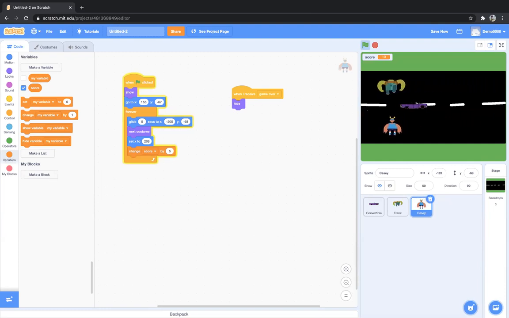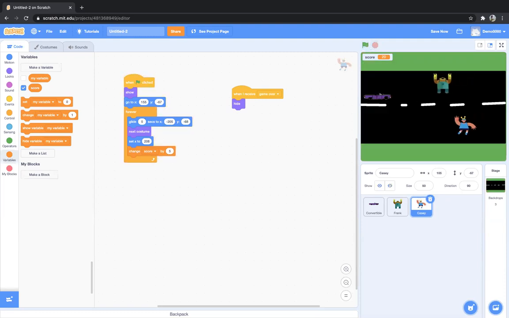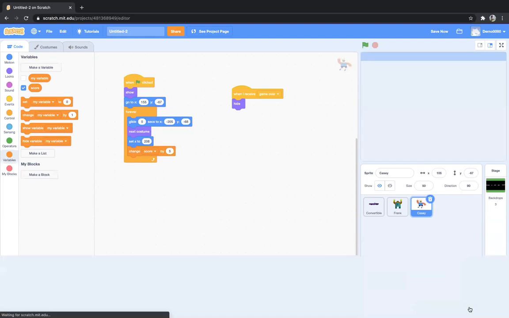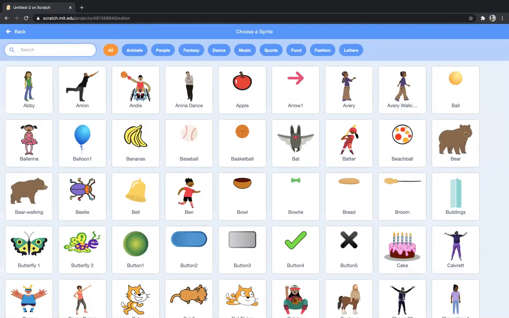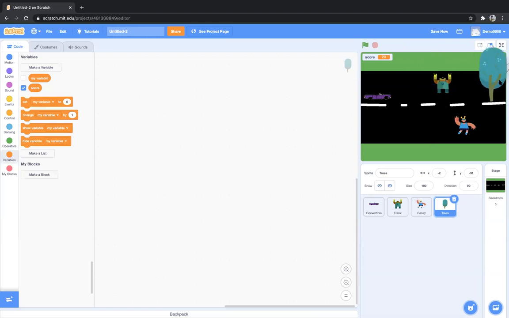Now if my car is touching this green part, again, what is happening? The game is getting over. Okay. So this is the game. If you want to add more elements to this game, for example, let's add some trees here. You could just take this tree, maybe add it somewhere here, decrease the size of the tree, make it 20. 20 is too small, make it 40. So you could also add some elements here to make it more visually appealing.